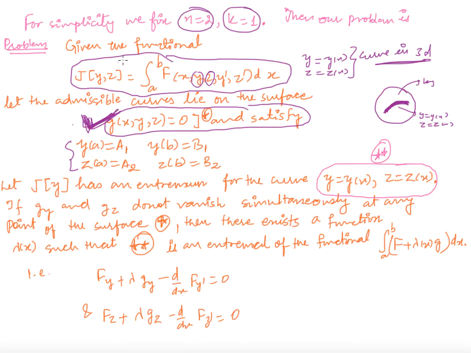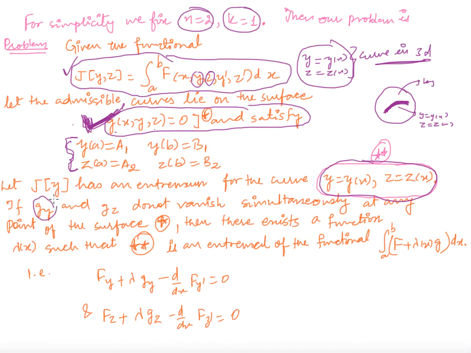So basically we want to find the extremal of this functional such that this curve, which is a curve in 3D, always lies on this surface g(x, y, z) is equal to 0. This is a surface. And it satisfies these boundary conditions. So we have this theorem which says that suppose this functional has this curve as its extremal,